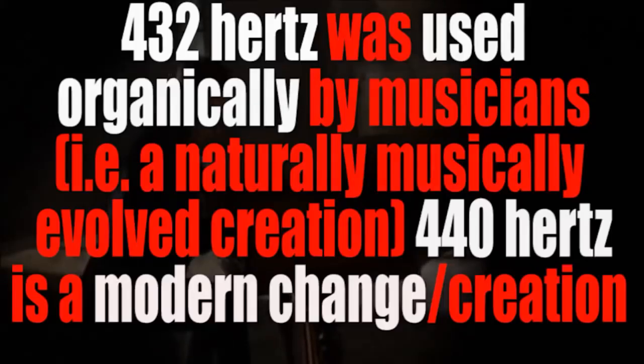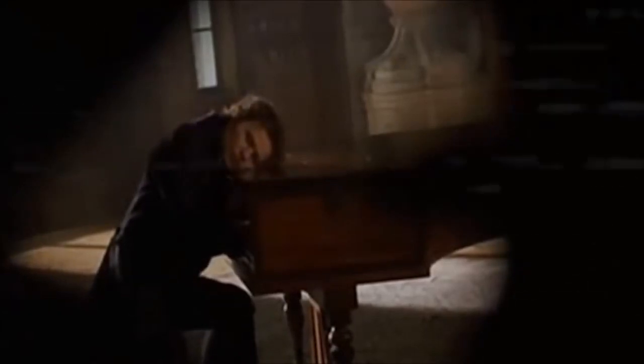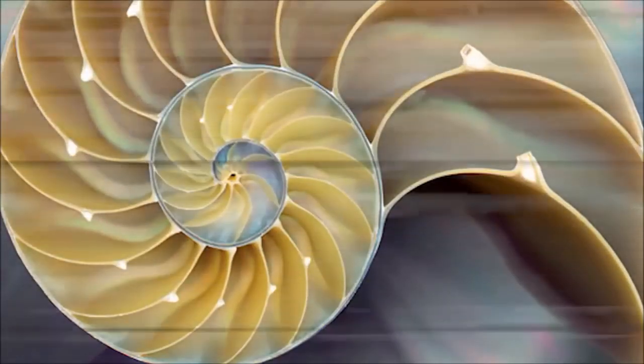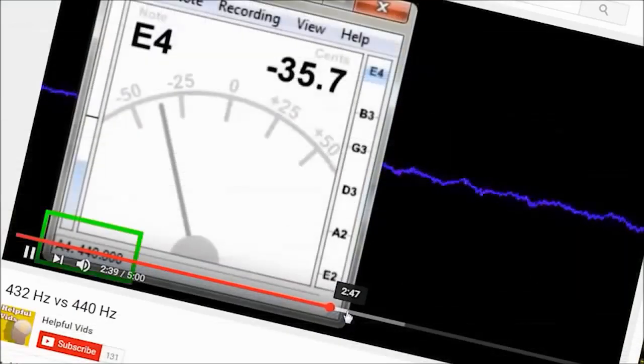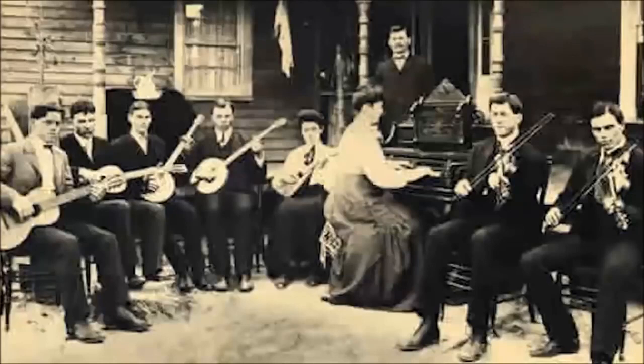Music prior to 1939 was mainly tuned in 432 Hz for the most part. This was a natural or seen by researchers as an organic evolution of music through the ages in which classical music was tuned to 432 Hz. This frequency is said to be synonymous with organic projections from nature, human beings being a projection, of course, of nature. So 432 Hz was the frequency in which instruments pre-1939, again for the most part, was used in Europe